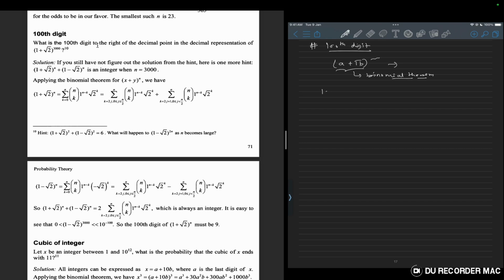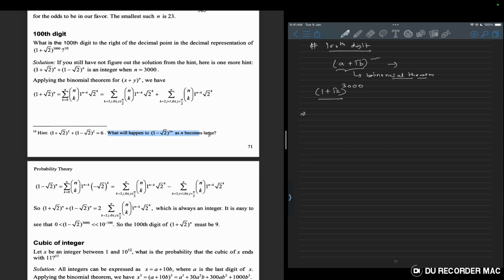So (1 + √2)^3000. Here there is a very powerful hint given for this question: (1 + √2)^2 + (1 - √2)^2 is equal to 6. What will happen to (1 - √2)^(2n) as n becomes larger? So let's try to first